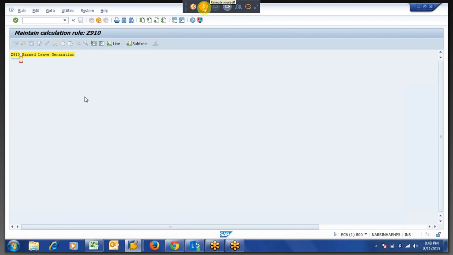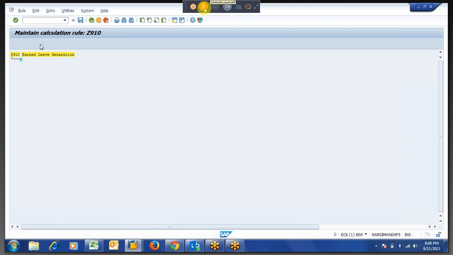So this is the first node that will come when you create a PCR, even if it is time or payroll, right? So if you say give star, and if you are not giving anything in the configuration table, if you put 1, 3, 2, whatever you put, it will treat as star.